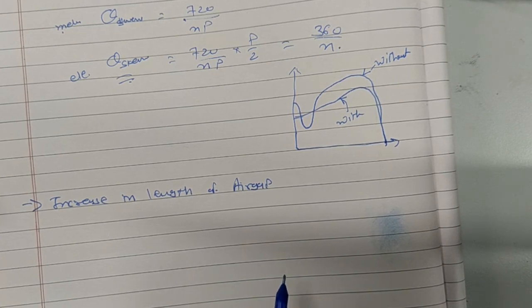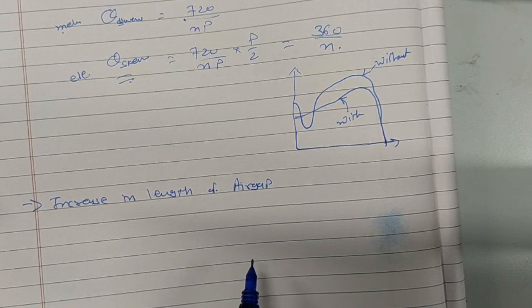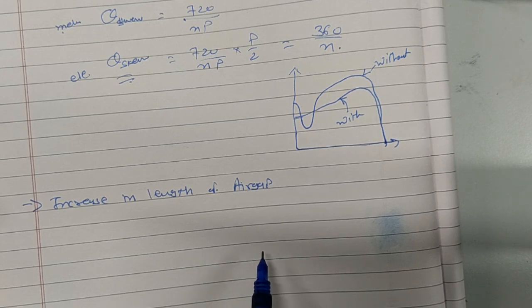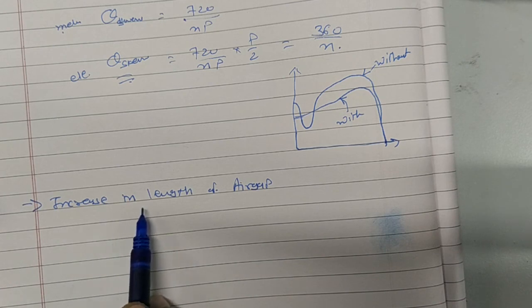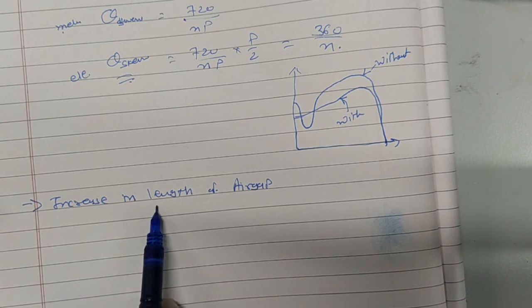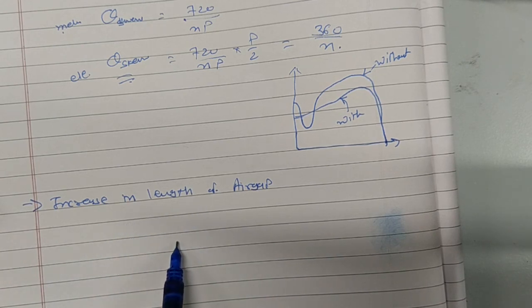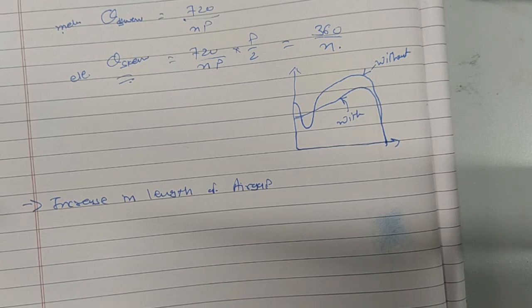For motors of high reliability, for mechanical reasons, the air gap is made larger than the normal size. So when power factor is not much of a concern, you can increase the length of the air gap, no problem. But one thing is there: with an increase in air gap length, the power factor is going to be lower, and the magnetizing component will also increase. So that is the thing with reduction of harmonics.